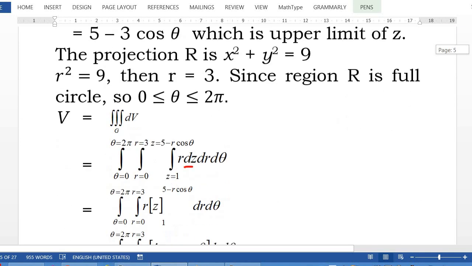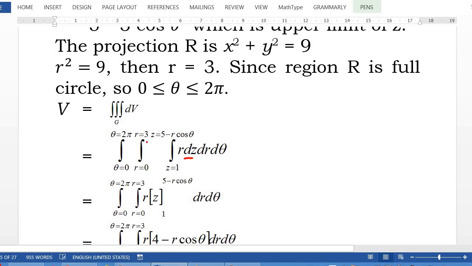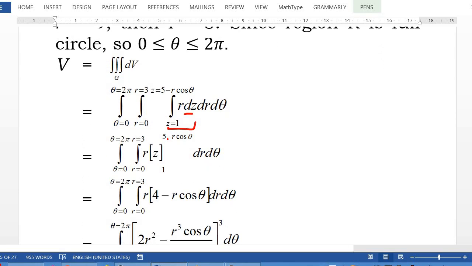So in this case, the limit of r is from 0 to 3, and the limit of theta is 0 to 2 pi. As you integrate a triple integral in Cartesian coordinates, first of all we integrate with respect to z. When integrating with respect to z, r and theta are constant. So integrating r with respect to z, we have r times z. Plug in the limits of z, so you have 5 minus r cos theta